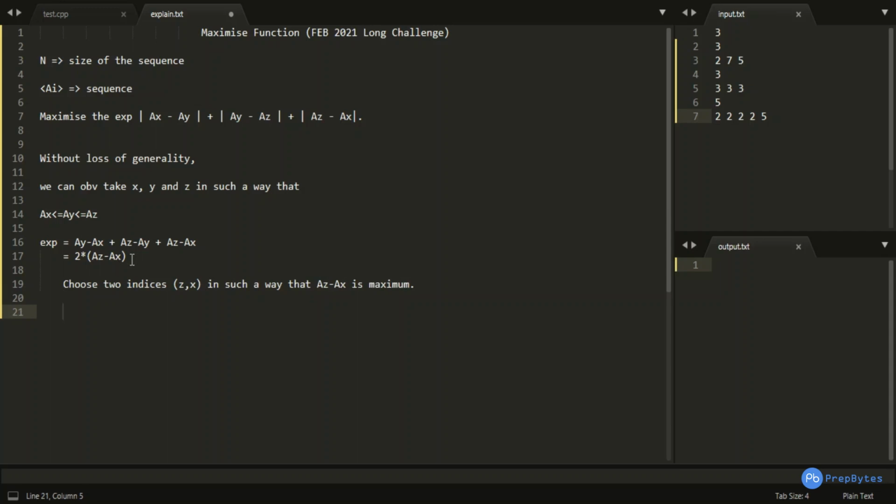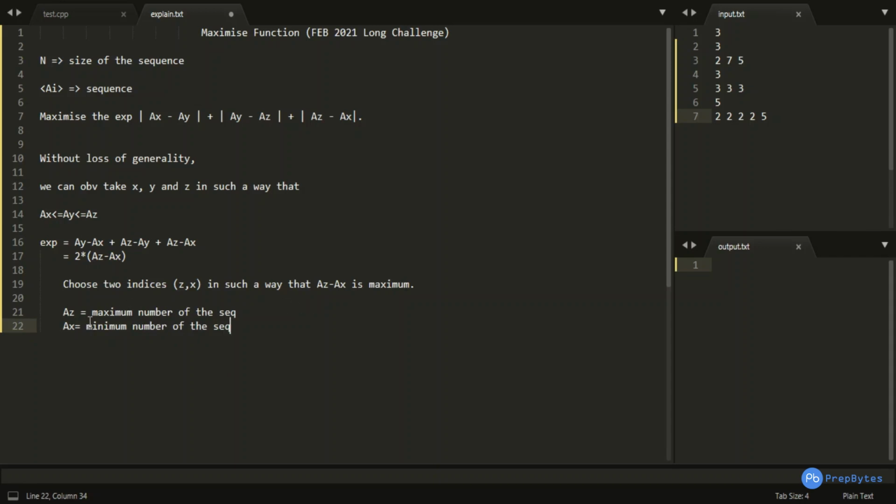In any sequence or in any array, if I want az minus ax to be maximum, we will have to set az as the maximum value of the sequence, and we will have to make ax as the minimum number of the sequence.